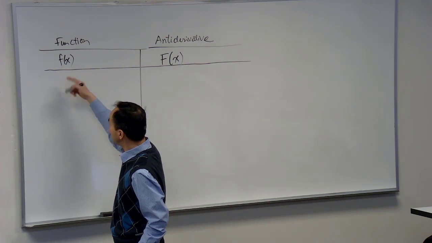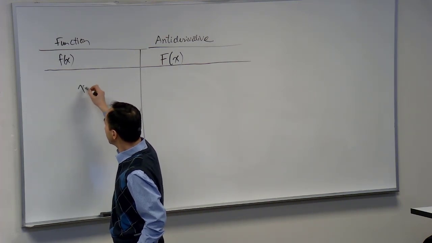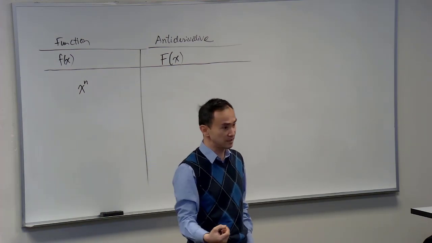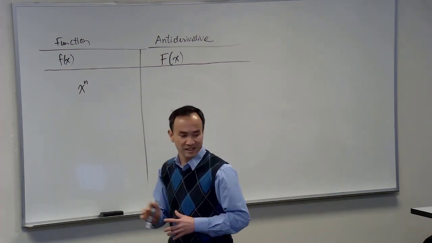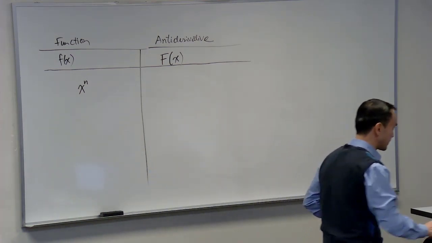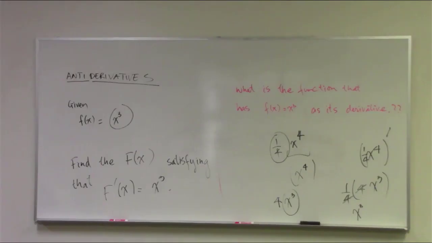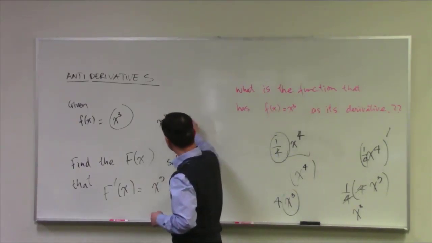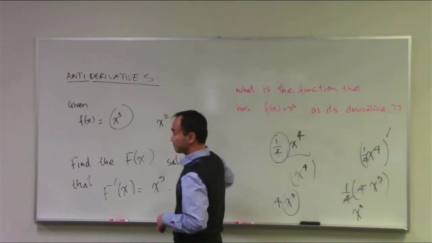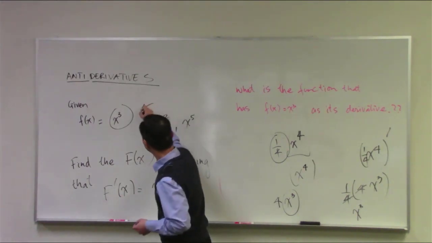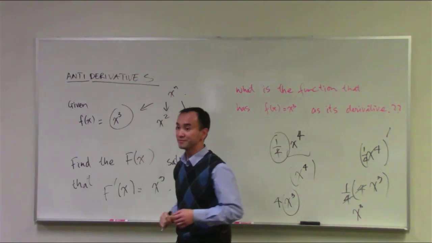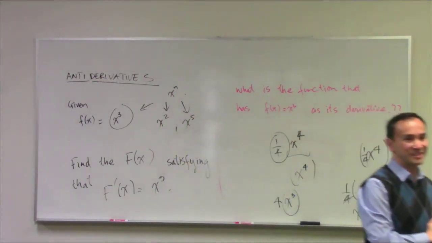So now if your function is some x to the n as suggested, right? The problem here I was starting out with x cubed, but generally I hope you guys learned a generality from this problem, that it's a power function. See, I could have asked the problem right in the beginning to be x squared or x to the 5th, right? These are all generally some x to the n power. Sounds good? Okay, and so